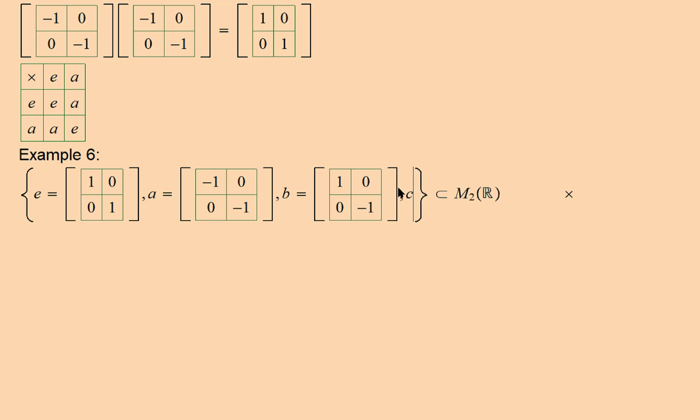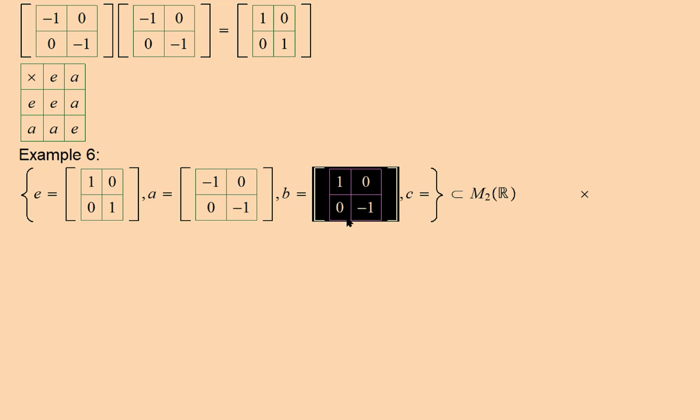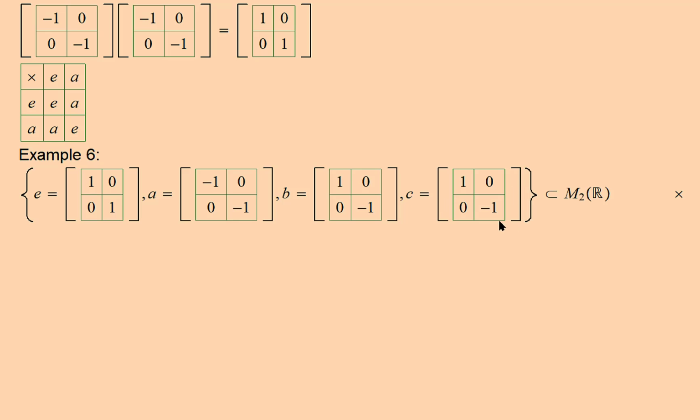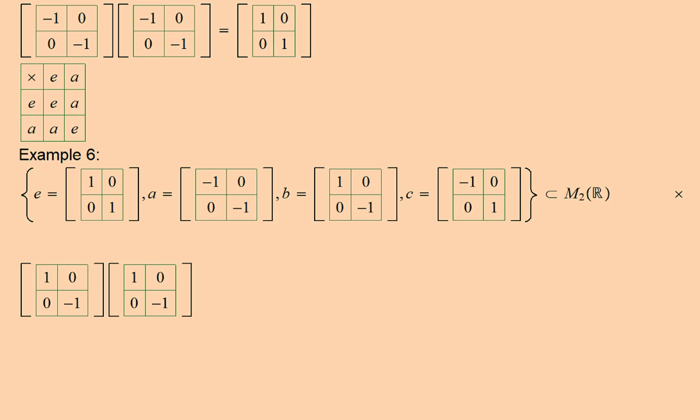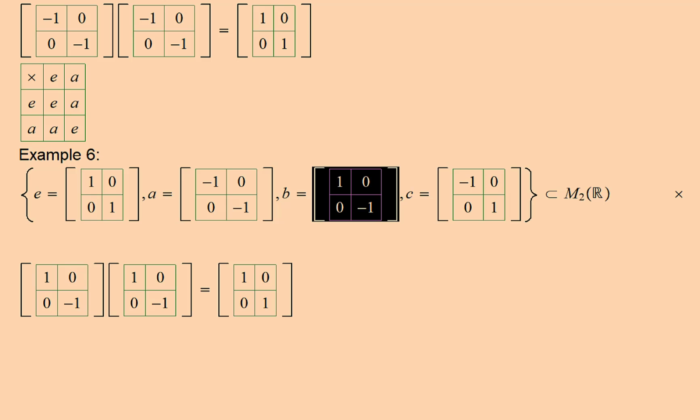And then C is, what I will do is change the sign here and keep the other one there, because if we change both the signs, we will get back to E. So this is element C. Now take your time to verify that if you multiply any of them with themselves, you simply get the identity, and we should make sure that